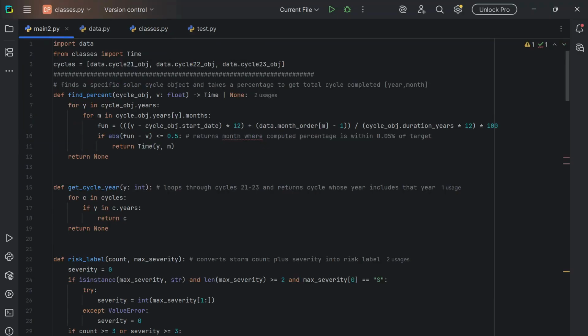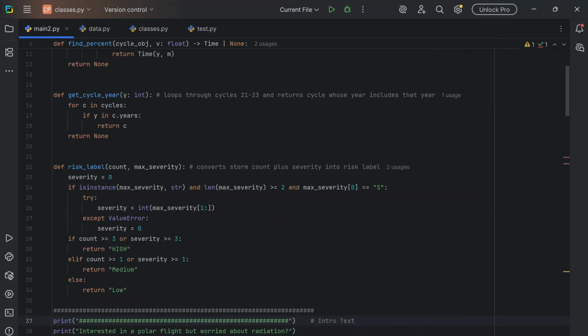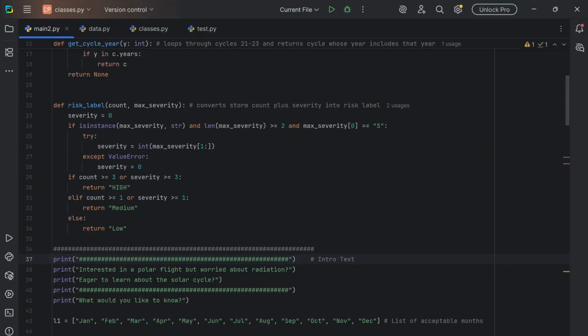Beginning with find percentage, this one finds a specific solar cycle and takes a percentage to get the total cycle. The next one loops through all the different cycles and returns which one you're in. And the risk label converts the storm count and the severity into a label of low, medium, or high that depicts the severity of the